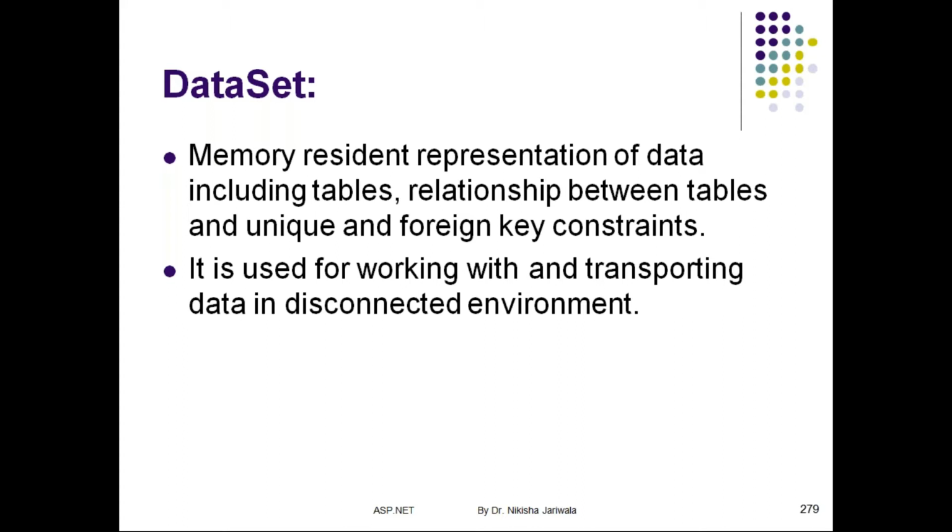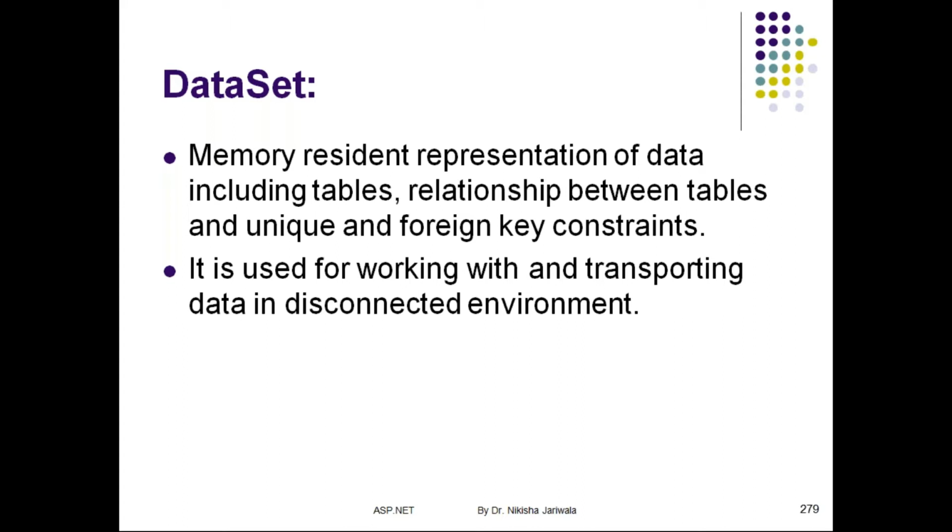So now what we can do is, we will open the connection, we will fetch the whole database, or more precisely, we will fetch all the tables that we need, and we will create the local copy within our memory, and it will be known as a data set. And we will close the connection. Now, whatever manipulation or modification that I want to do within the tables, I will do those changes within the data set, that is, the tables that are present within the data set and not in the database.